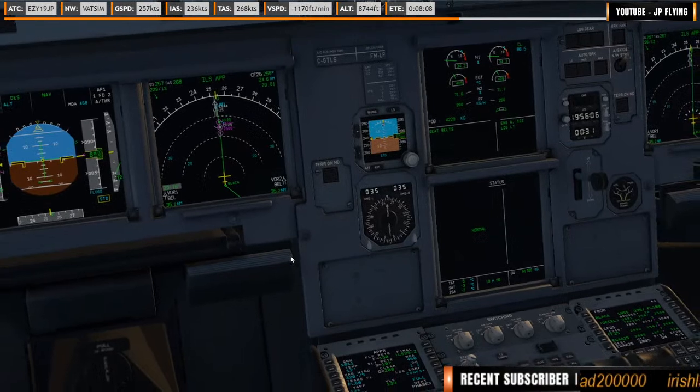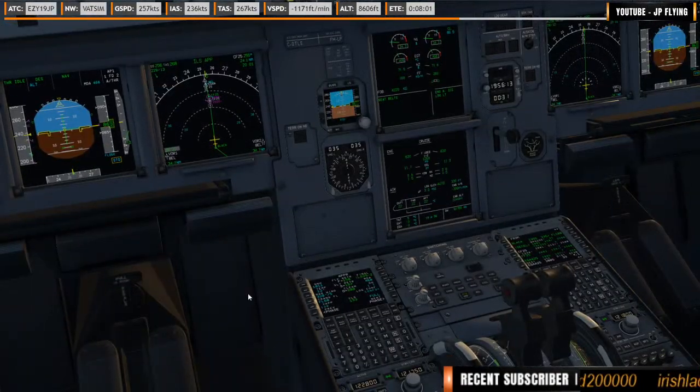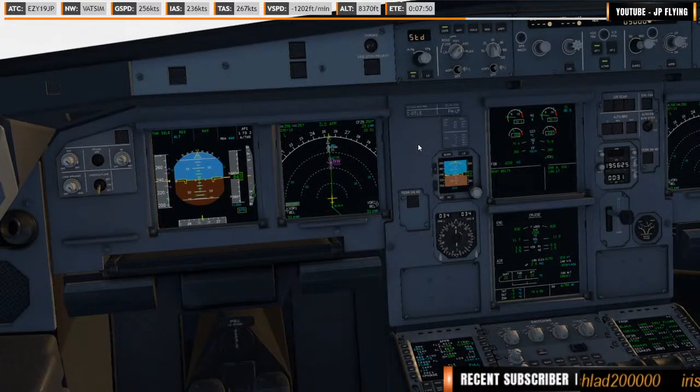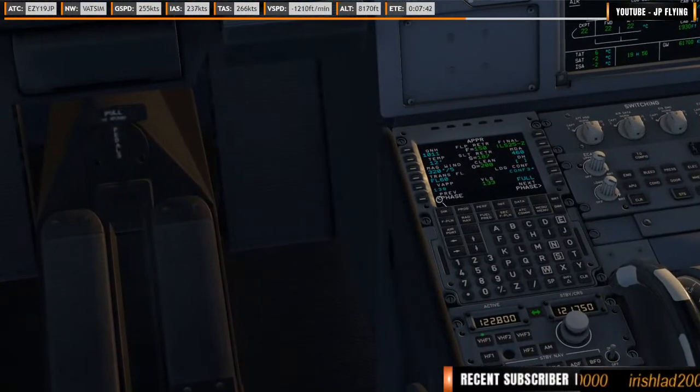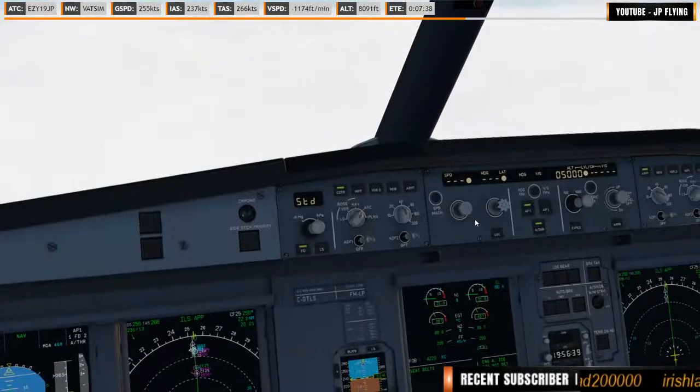Checker systems there, and ECAM status is normal, which is good. Okay, we'll get down to 5. We'll let it go on head down another little bit, and then we'll change to our QNH of 1011. And we'll take our approach checklist in a bit. I'm going to arm the approach. Activate the approach, we'll confirm it, and we're going to take the speed